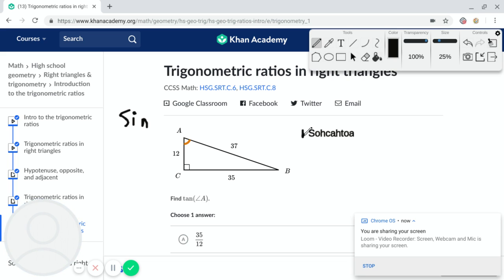Alright, so SOH is basically the sine function, which is the opposite side of the angle you're dealing with. So like the opposite angle, basically what it points outward to. So if we look at angle A here, the opposite is going to be 35. So it's 35 over the hypotenuse, or the longest side on the triangle. Remember, the right angle is always going to be opposite to the hypotenuse, so that might help you find it quicker. So it would be 35